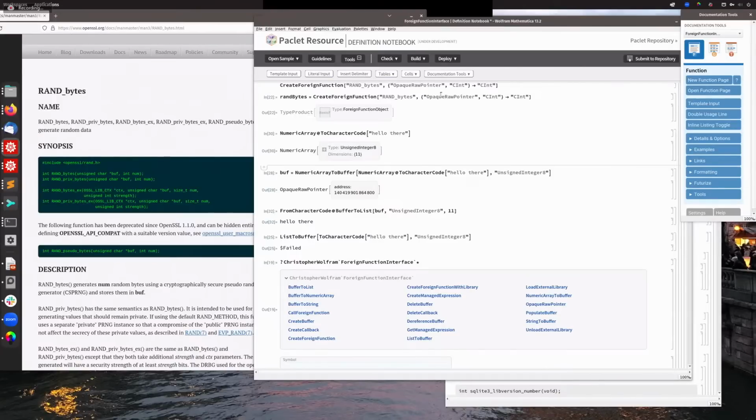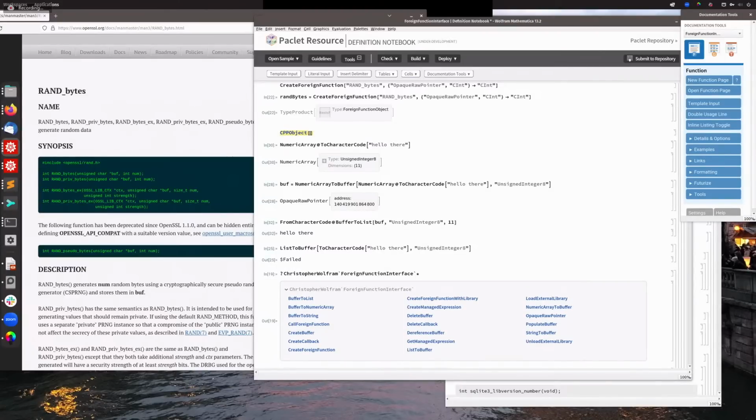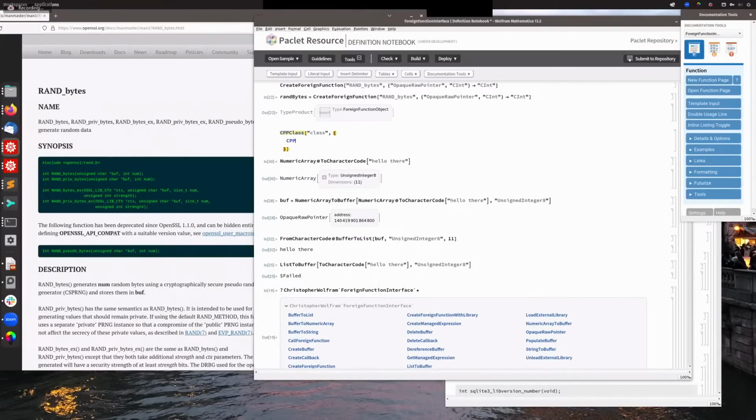So it's going to be an association, basically. Instead of, if you were using foreign function, just giving a type signature with an arrow, you would be passing in an association of a bunch of stuff. Well, I think it's going to be even more complicated. It's going to be something more like this. It's going to be kind of ugly because it gets really complicated, and there are a lot of different things you need to know. And isn't it simpler to use some kind of utility library that just provides a C wrapper around a C++